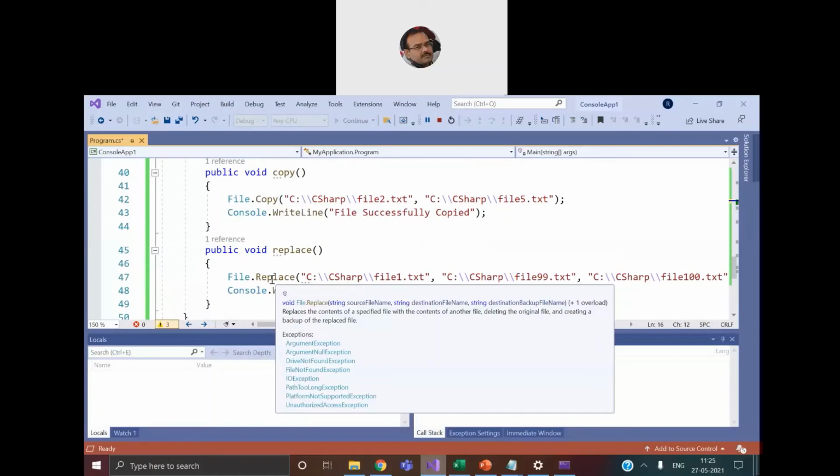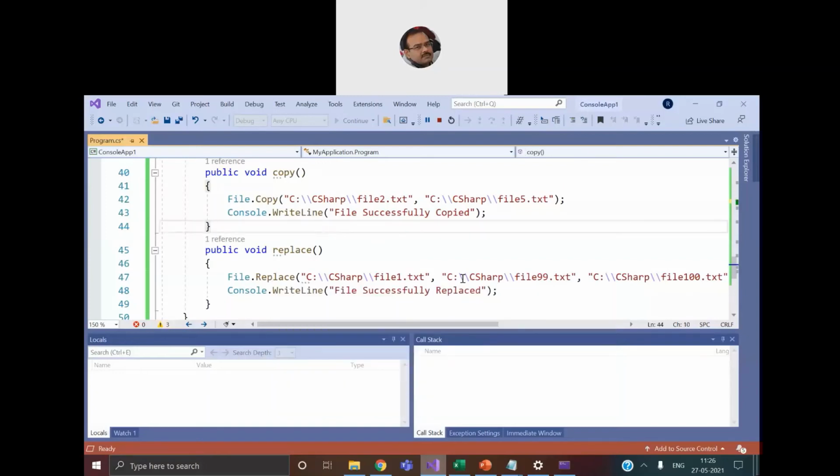Again, if you look at the prototype, it says string source file name, comma, string destination file name, comma, string destination backup file name. First is the source file name. That's perfectly fine. Then where you want to copy it, I say copy it into the destination file. Now if the destination file name is not found, then we can have a backup of the destination file also. So we can have three parameters in Replace.